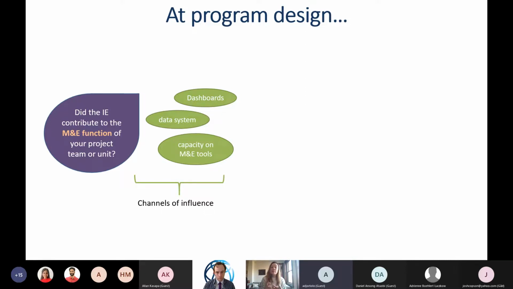A few examples of how you can contribute to the monitoring and evaluation function are by creating new data systems. Let's say you have several sources of data, administrative data, but then you also do a survey and put these together to better understand what is happening as a whole. You can improve capacity, meaning through trainings of your teams on data collection. You can create dashboards, etc. Or new indicators. Think through new indicators that you're going to collect to measure, let's say, performance. How do you measure performance? You're going to think about these things as you're setting up a new program.